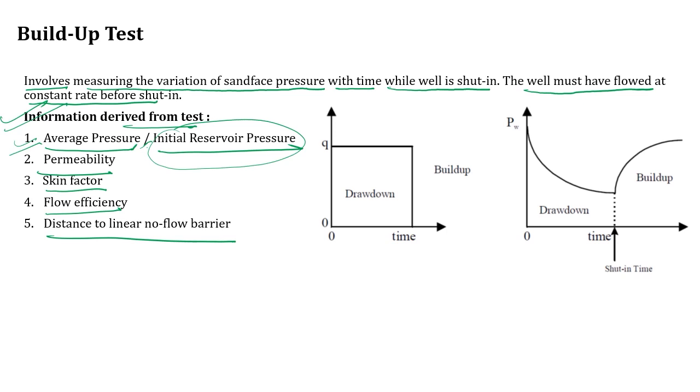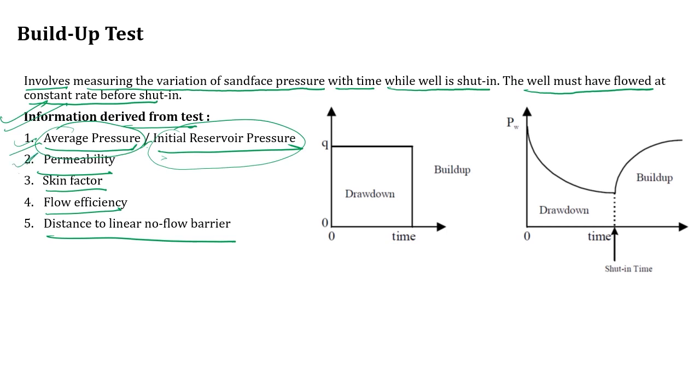Okay, and after 20 years, if I'm going for a build-up study, whatever pressure I am obtaining will be my average reservoir pressure, because I won't be obtaining the initial reservoir pressure because depletion would have occurred in that particular reservoir, and because of the depletion my initial reservoir pressure would have gone down. Whatever pressure I am recording at the sand face by well shut in, I will get average reservoir pressure instead of initial reservoir pressure because the reservoir has undergone depletion in this case.